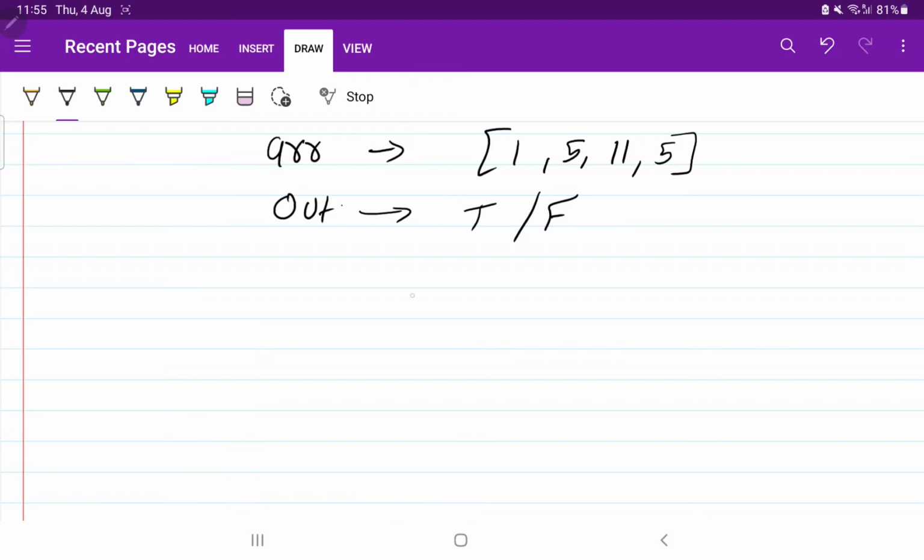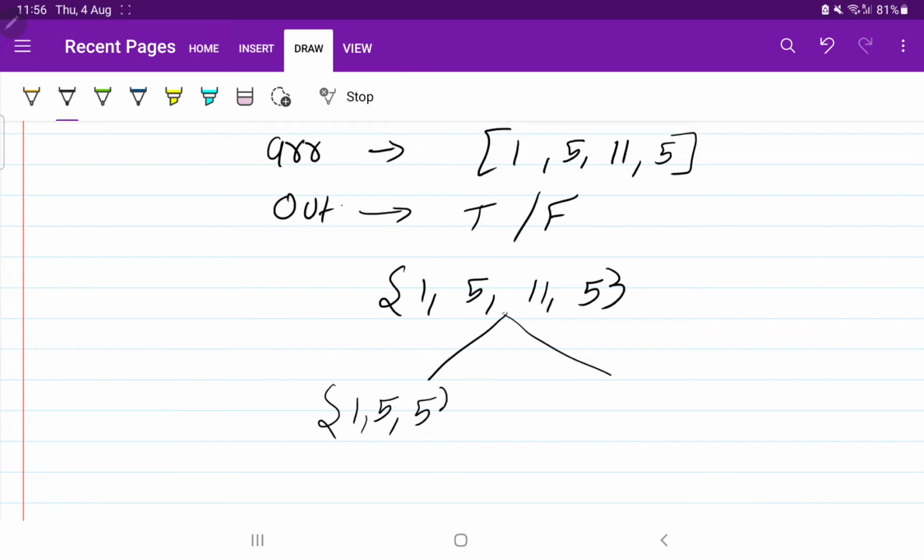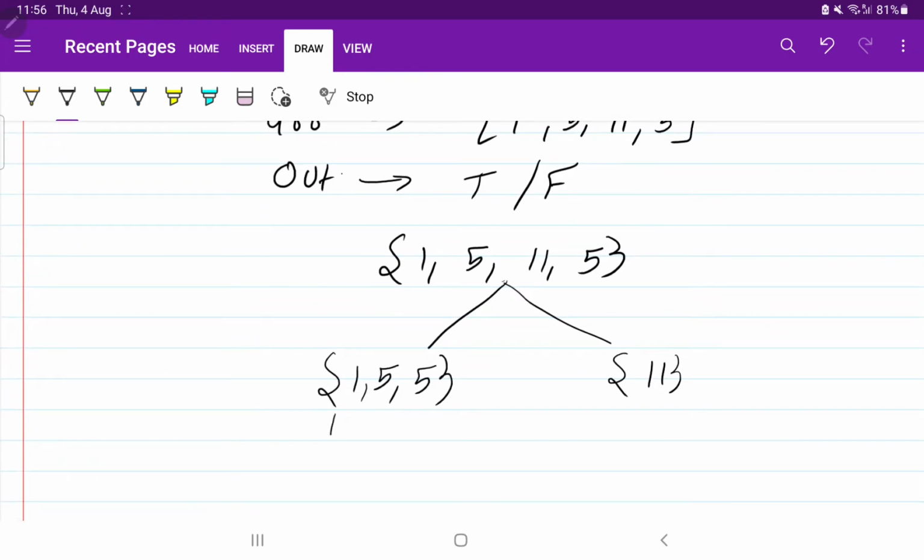Okay, so as you can see, this array contains the elements 1, 5, 11 and 5. So we can do two partitions. The first partition will have the elements 1, 5, 5, and the second partition will have the element 11. If you add them, what are you going to get? 1 plus 5 plus 5 will be 11, and here also the sum of elements will be 11.